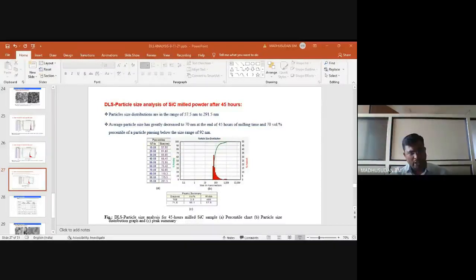In order to confirm whether this DLS result is correct or not, we have done several tests. This sample underwent field emission scanning electron microscopy, where we tried up to 2 lakh magnification. This is the micrograph at 500 nanometer and 200 nanometer, higher and lower end magnification. You can identify the length of a particle here. The clustering or joining of particles is more clearly visible in this micrograph.